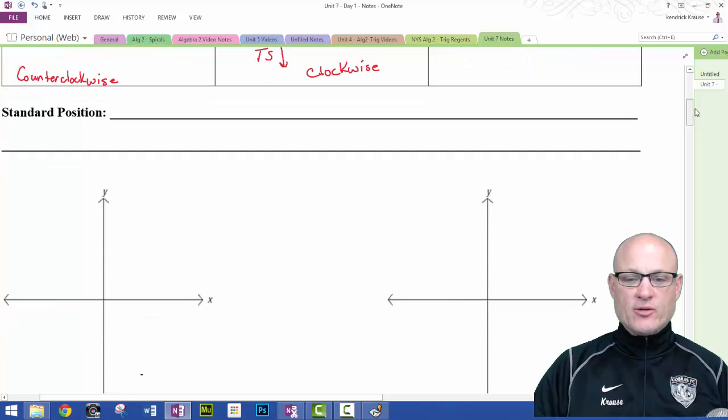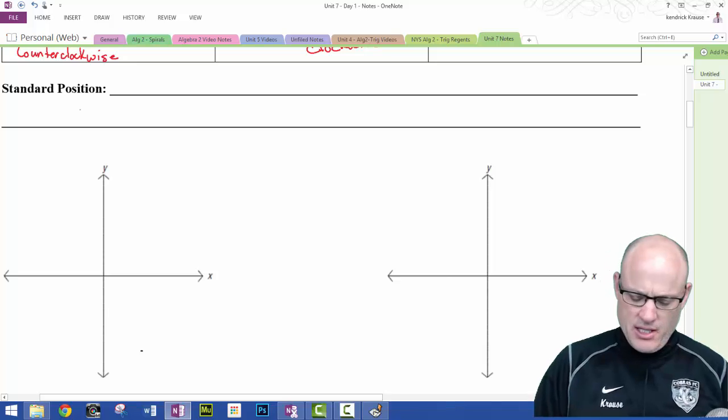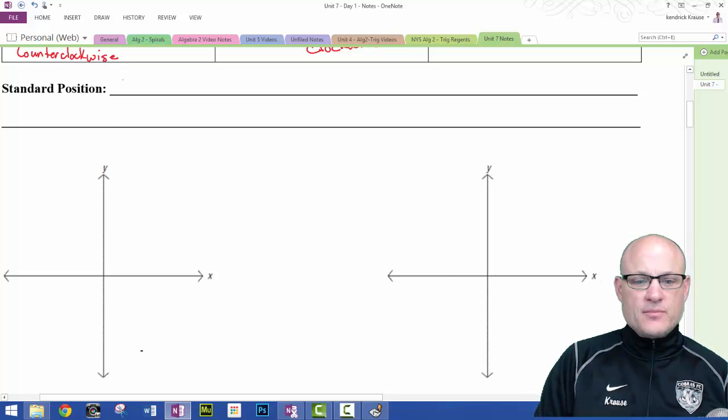All right, standard position. Let's talk about what standard position means. In the coordinate plane, so in the coordinate,